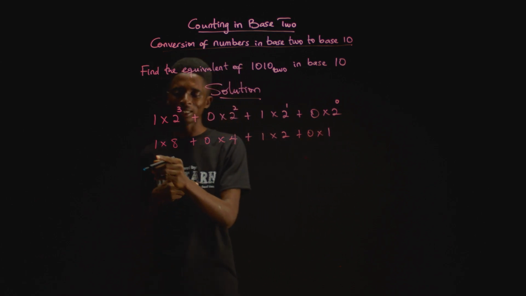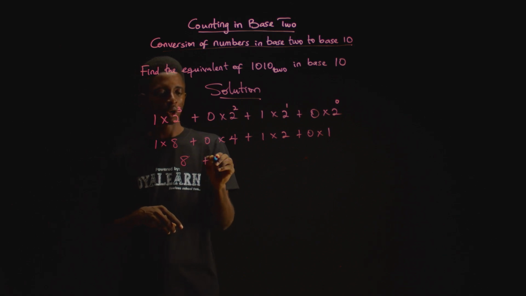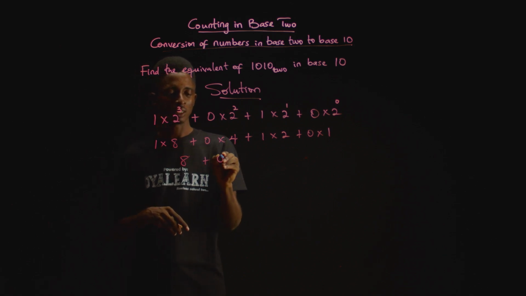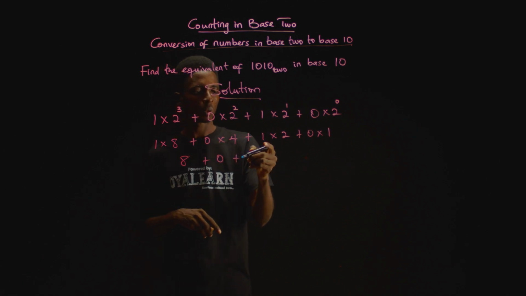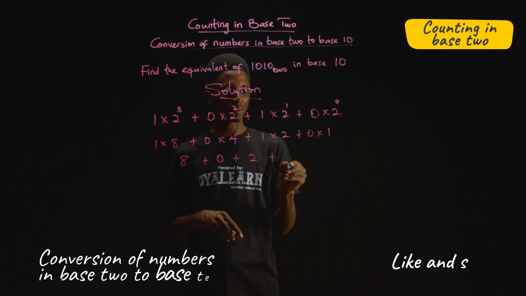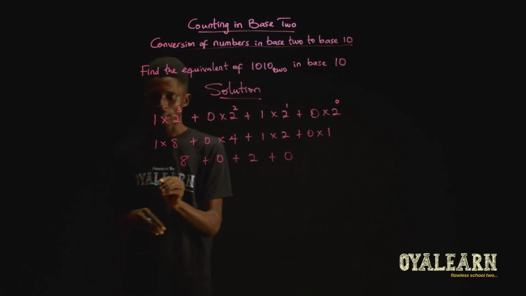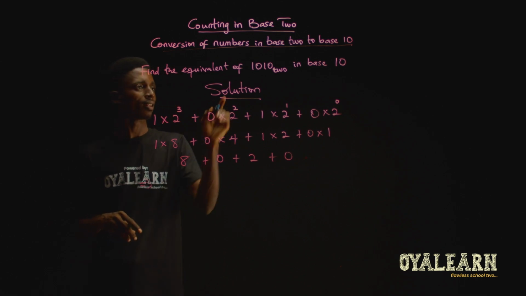Now, when we simplify this, we would get 1 times 8, 8, plus 0 times 4, 0, plus 1 times 2, 2, plus 0 times 1, 0. Now, let's add all of this up. This implies that